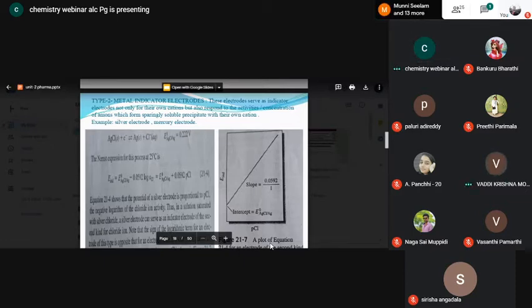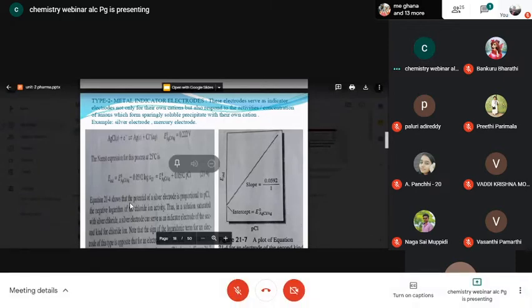Yes, sir. Okay, so I shall repeat the last point to you once again. You see, the saturated calomel electrode is there. The saturated calomel electrode contains what? Mercury. I told you that the saturated calomel electrode is going to develop a potential, and this potential is directly proportional to the concentration of chloride ions. No doubt. But now I am telling you that the saturated calomel electrode will function as a metal indicator electrode, type 2, having type 2 behavior.